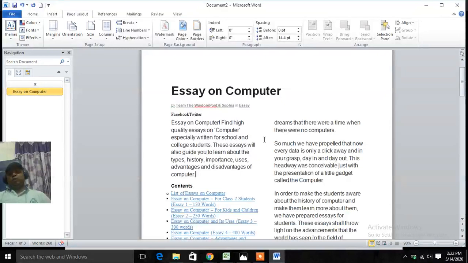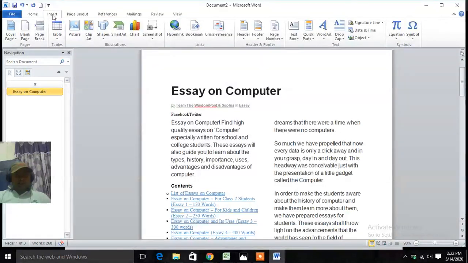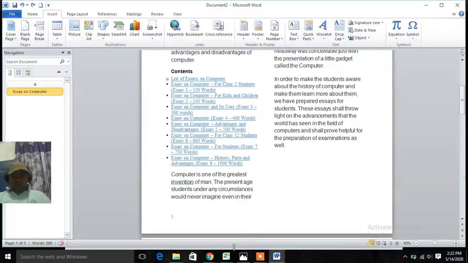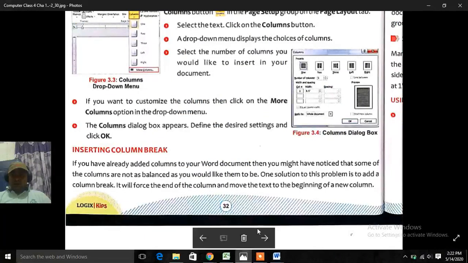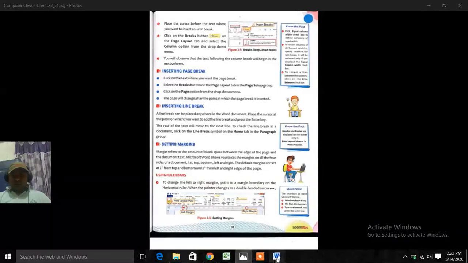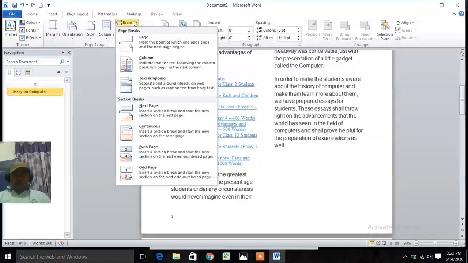So if you want a break and directly move to the second column, what you have to do, click on this, insert, breaks, and you can click on column break.